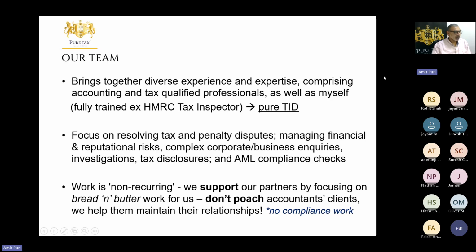But the team does comprise accounting qualified members, whether that's AAT, ATT, CTA, for example, but we only really do tax investigations and disclosures, as I've just explained. But we do bring together the necessary expertise within the team to do what we do, which is looking at tax issues, penalty issues, and even anti-money laundering checks that HMRC carries out as a supervisor. But it's not always about money. It's also sometimes about naming and shaming. Managing that from HMRC's perspective or the client's perspective, making sure that reputational risk is reduced, and obviously large-scale business inquiries.